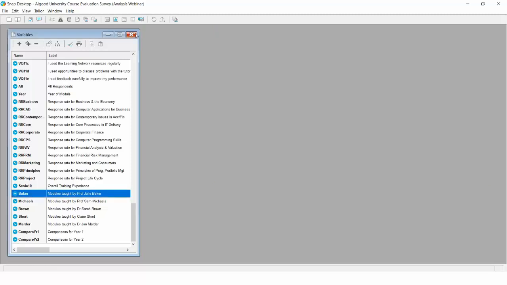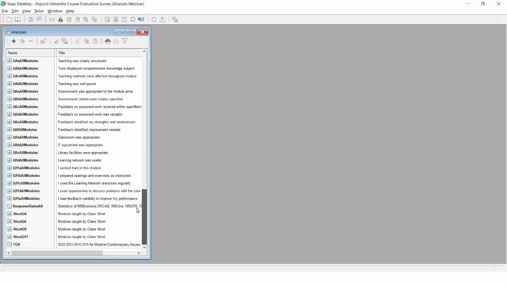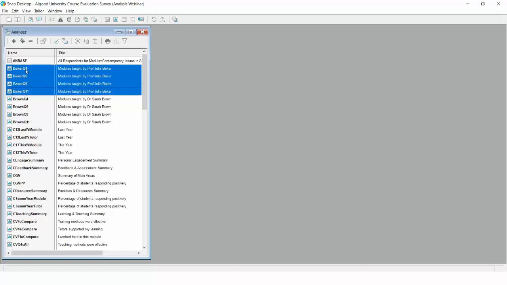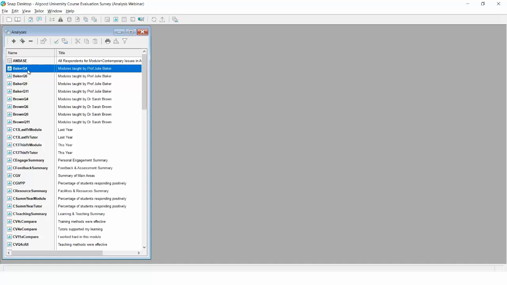And if we go and look at some of my tables and charts, again, lots and lots of tables and charts today. I'm not going to be going into them all today, but at the top, I've got a group of charts all for Professor Baker, and also a group of charts all for Dr. Brown. And you can see I've tried to name them, so that's based on the section 4 question, which I think was learning and teaching. That was section 6. But if I go into the Baker chart,